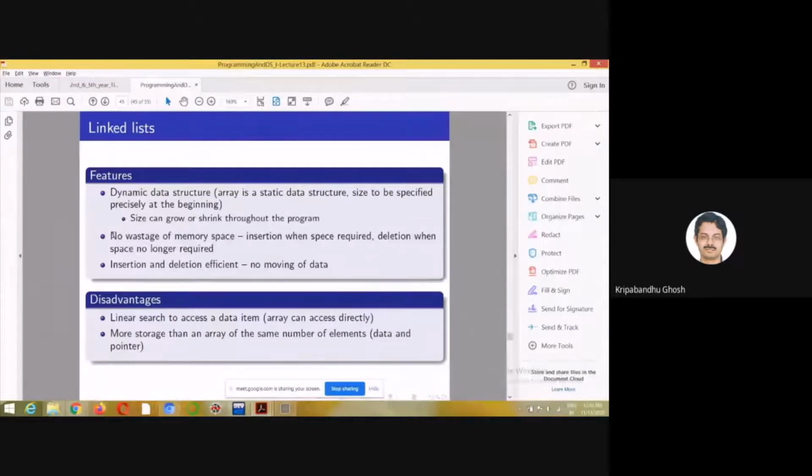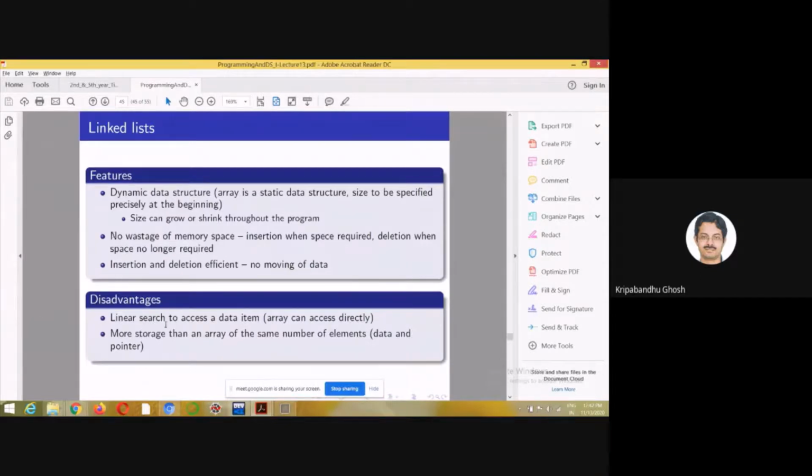Insertion and deletion is very easy. If you want to insert something in the middle of an array, then you need to shift the succeeding elements to the right to accommodate the new element. Here you don't need to do that.